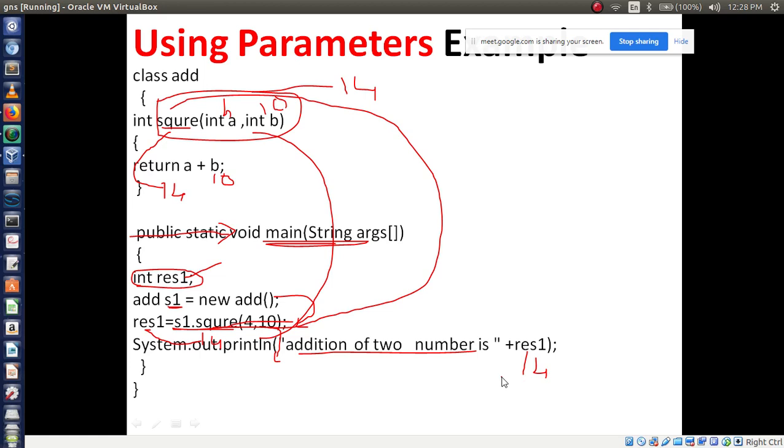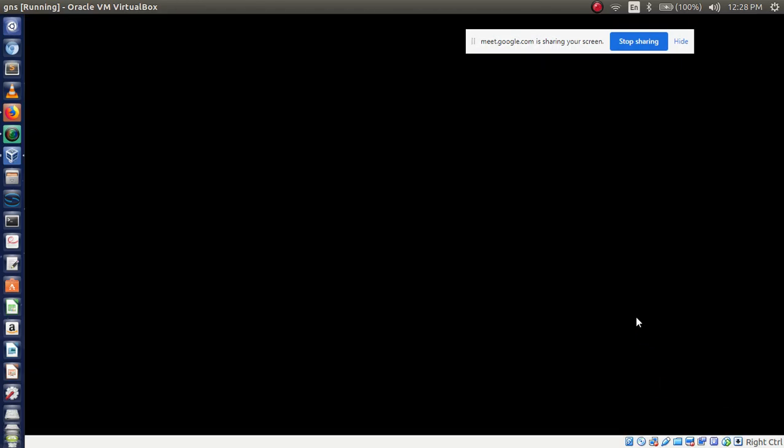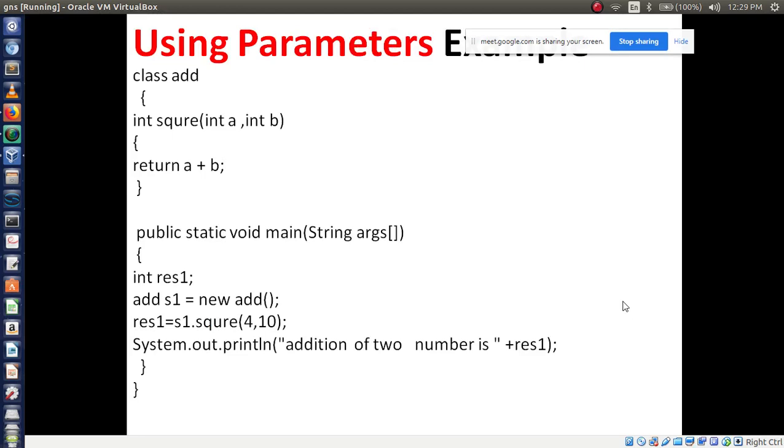Have you understood this concept? Perfectly. And you have written this small example. A parameter example, you must write it like this.